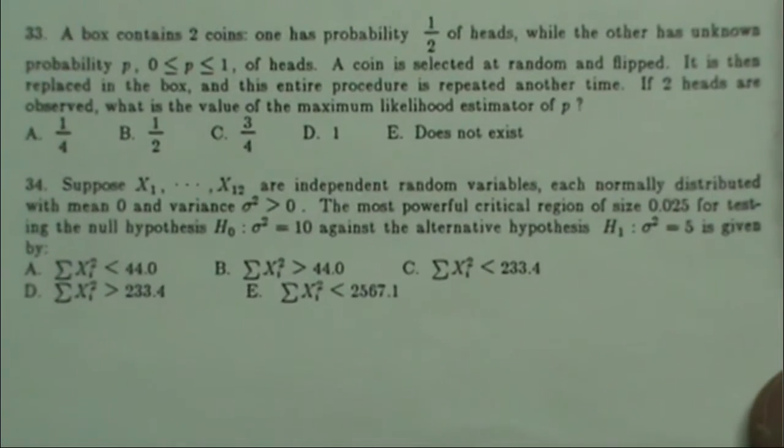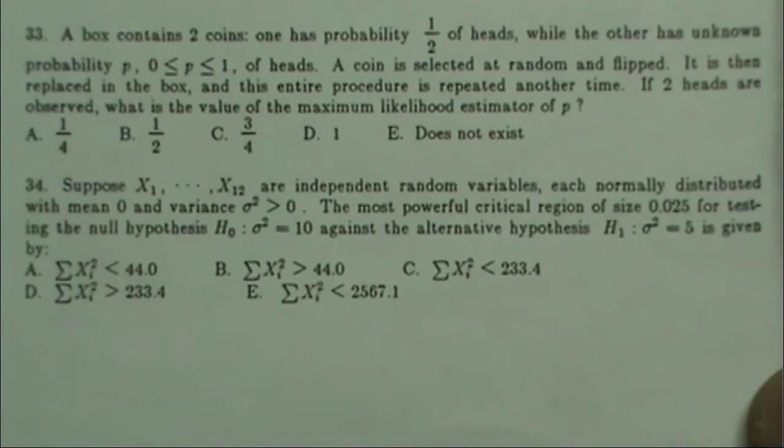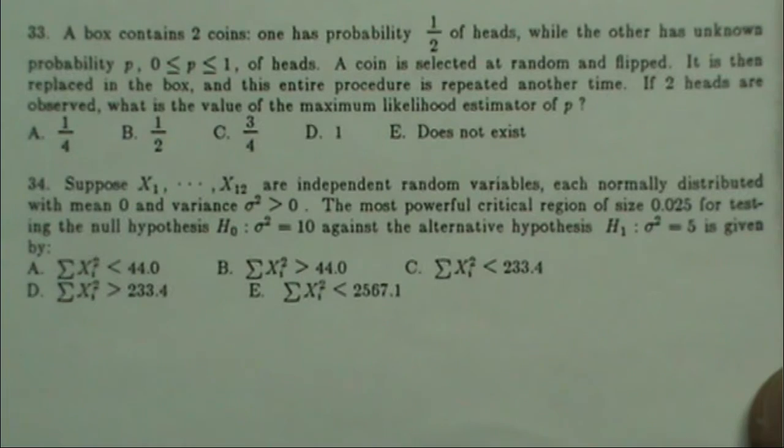Number 34. Suppose x1 through x12 are independent random variables, each normally distributed with mean 0 and variance sigma squared. The most powerful critical region of size 0.025 for testing the null hypothesis that sigma squared is 10 against the alternative that sigma squared is 5 is given by